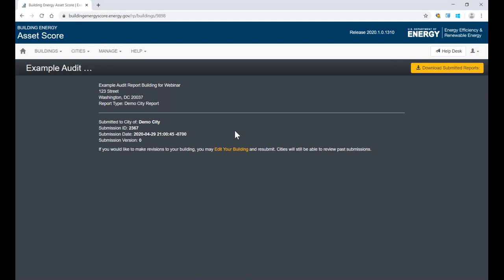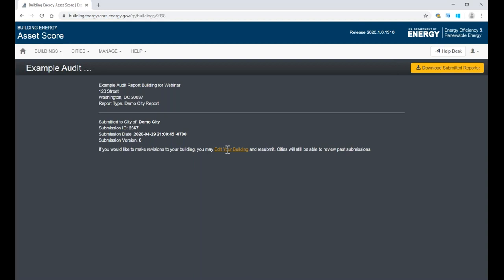And once again, I'm using this as an example. Maybe you've submitted your building and the city has reviewed it and indicated that there's some missing information or information they would like you to review. Or maybe you yourself realized you missed some information or you've since gathered additional information. Or maybe you submitted it 2 years from now or 5 years from now, and maybe your ordinance is requesting you to submit every 5 years, so you can edit the building you submitted, make any additional changes necessary, and resubmit. So in order to do that, all you need to do is take it out of